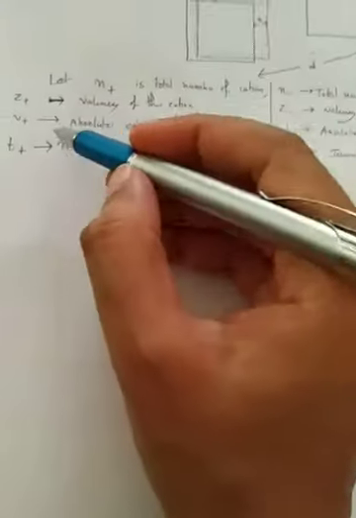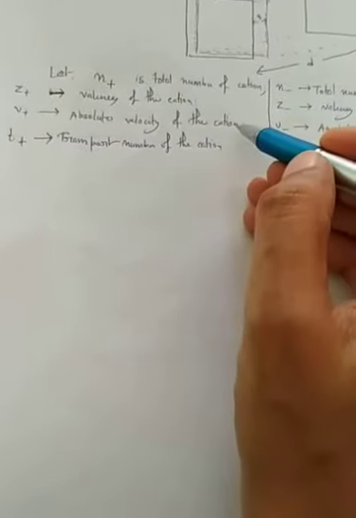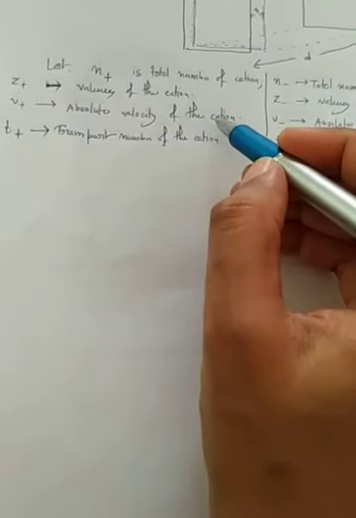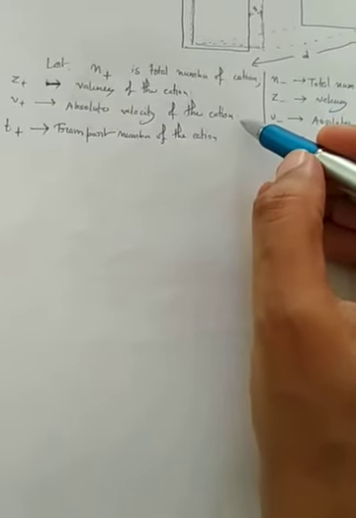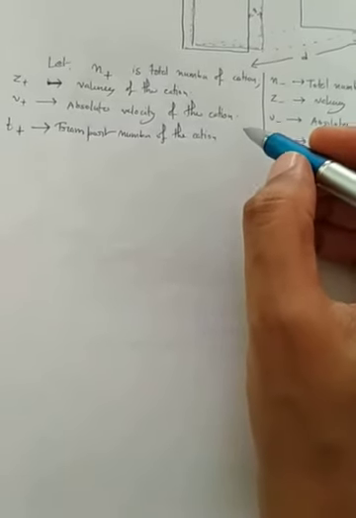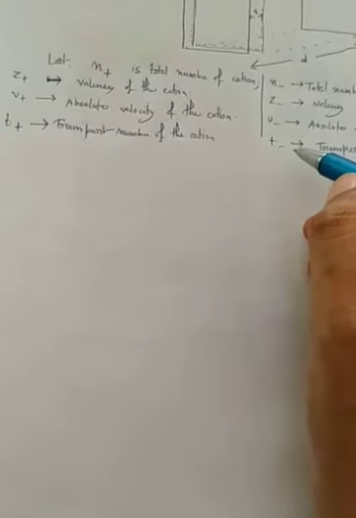Since V plus is the absolute velocity of the cation, that is the distance a particular cation can move within unit time, and here the unit time is 1 second, the number of cations that will transport the charge in 1 second should be equivalent to all the cations that are present within a distance of V plus from the cathode or negative plate.